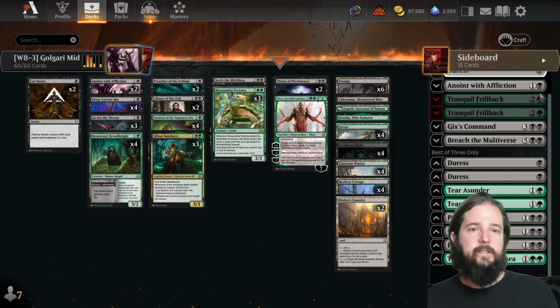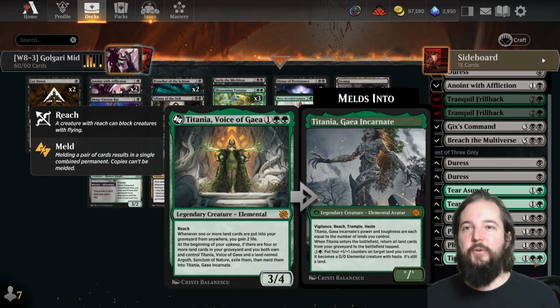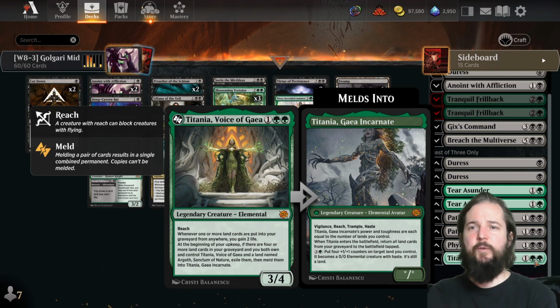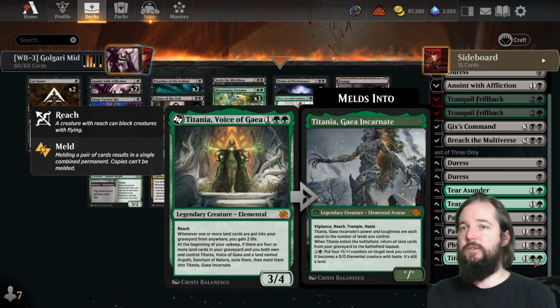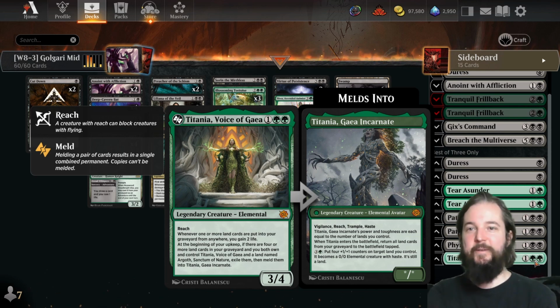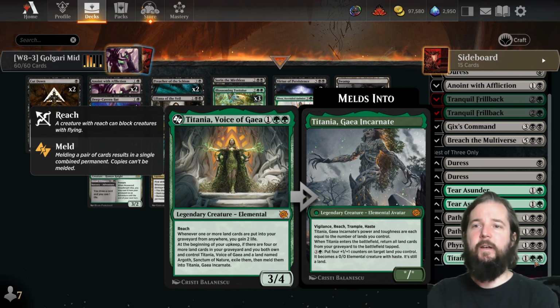And then last but not least, we've got Titania, Voice of Gaia, which is a 3/4 reach. Whenever 1 or more lands are put into your graveyard from anywhere, you gain 2 life. And this works really nicely with the Blossoming Tortoise and can gain you a ton of life. And at the beginning of your upkeep, if there are 4 or more land cards in your graveyard, and